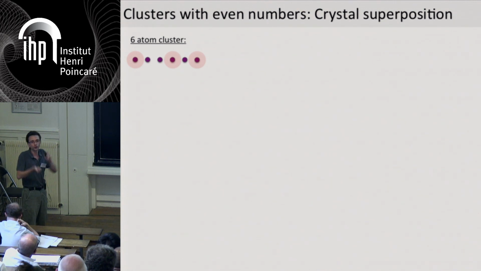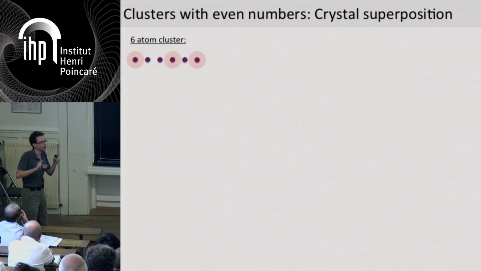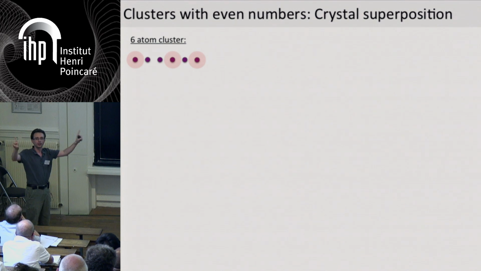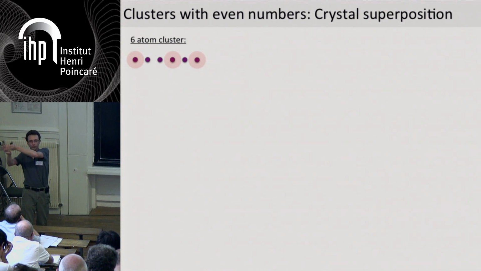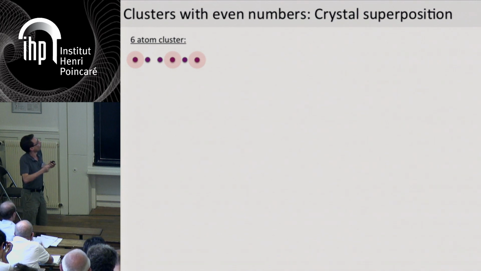So far I've considered only odd atoms because with odd atoms the ground state is trivial because we have two Rydberg excitations pinned on the edges, and then you can fill the lattice with one Rydberg excitation every second site of the lattice, and at the end you end up also with a Rydberg excitation at the other edge of your crystal. So in this sense, the ground state is non-degenerate. You have only one ground state.